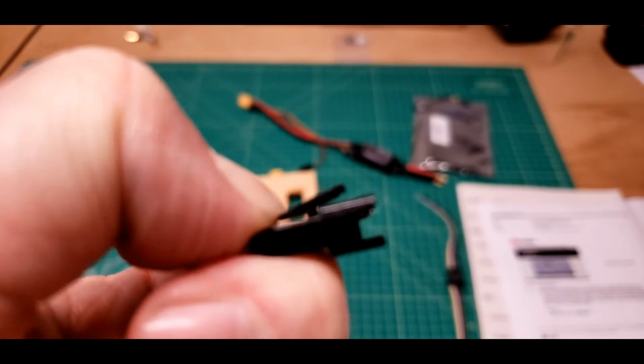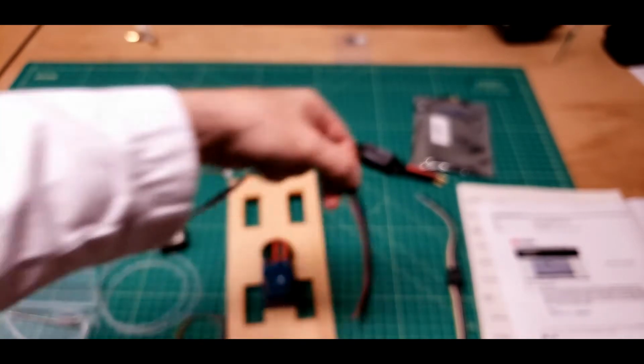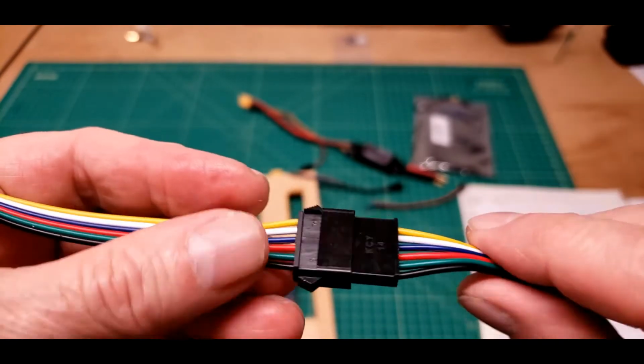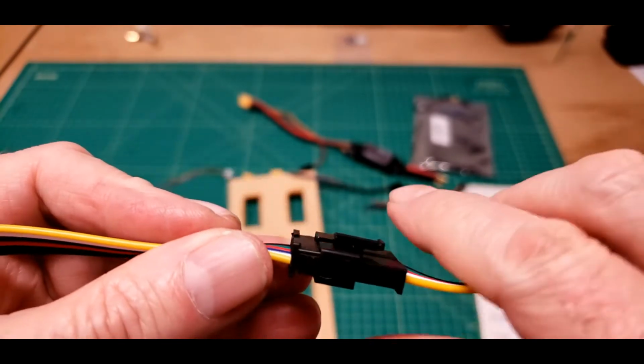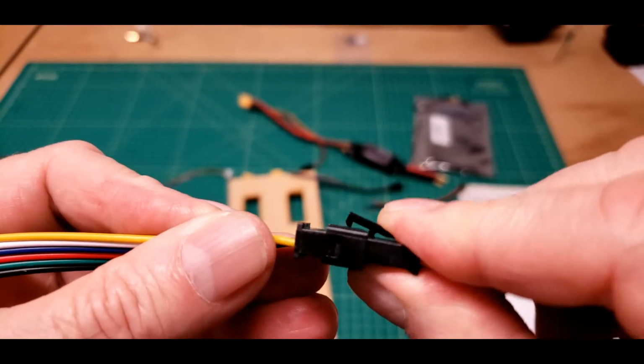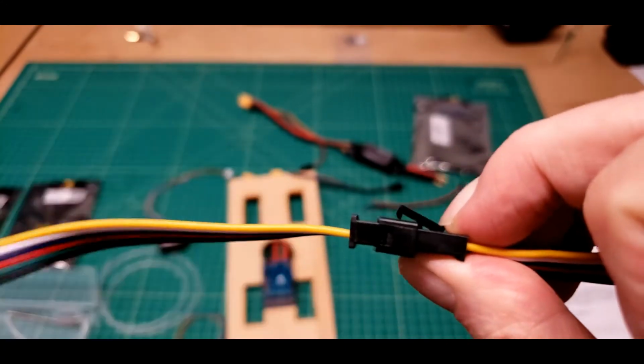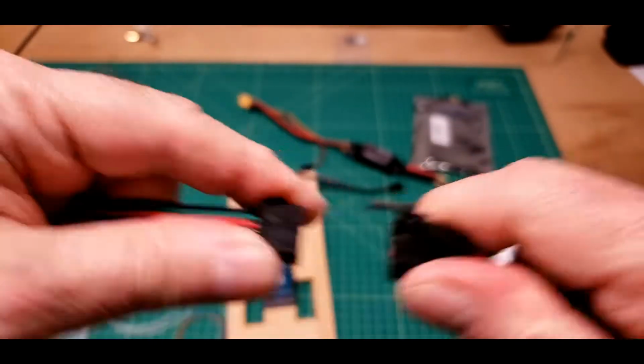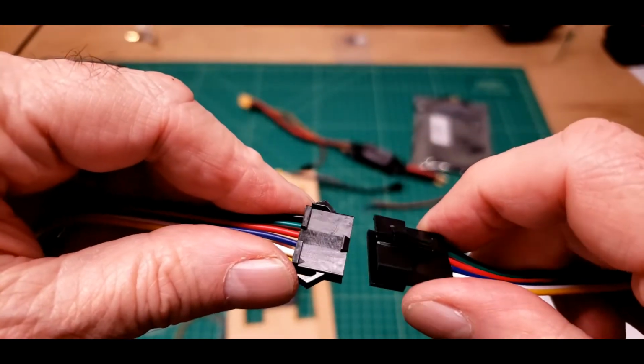Well, looks like you can pull them apart even when they're locked. It looks like you might be able to just pull the tab off the end of the plastic that locks it in. But we'll look at that deeper. This is the 6-conductor version of that same thing. Supposed to lock. Yeah, I think I just pulled it so hard it pulled that plastic tab off the other one. I did pull it kind of hard. I pulled it with a good amount of strength. So this is just the 6-conductor version of that same connector for the